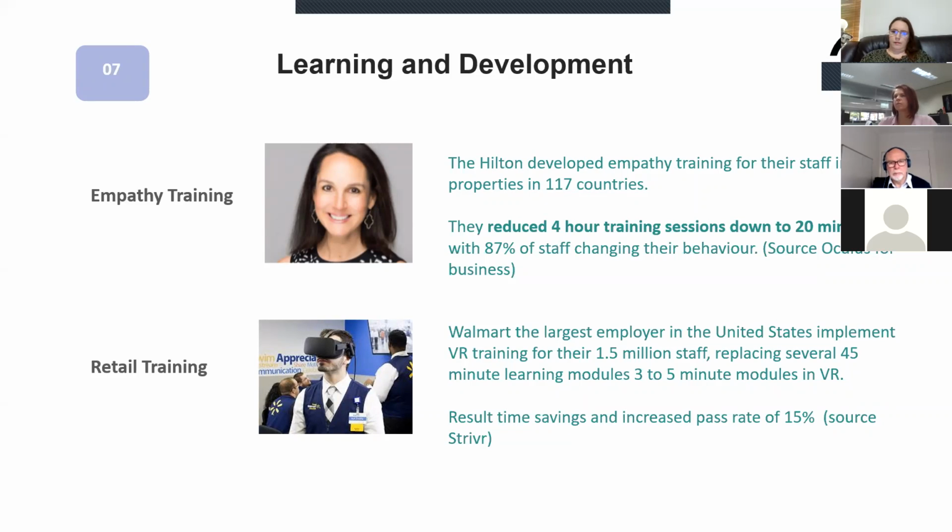And they've replaced 45-minute learning modules down to 3 to 5 minutes, and getting an overall increased pass rate of their trainees by 15% as well. So they're making massive savings there. And I think part of it too is the staff enjoy it more. It's very engaging. When you use these training programs, part of the process is actually making it